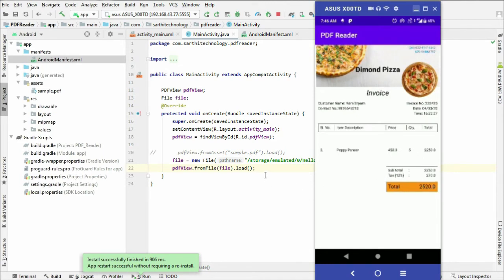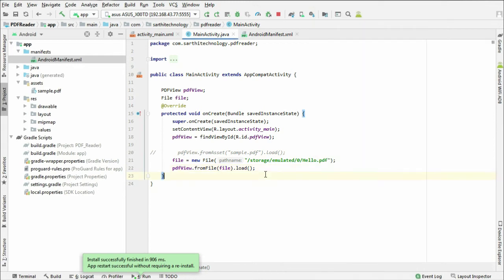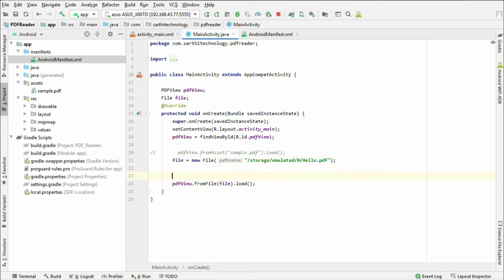One more thing I want to show you, how to open a PDF that we have created, and for that I need to create a simple PDF. So before opening this file we need to create a file.